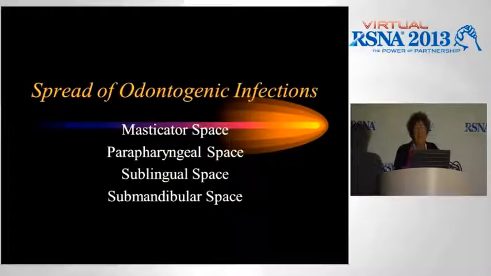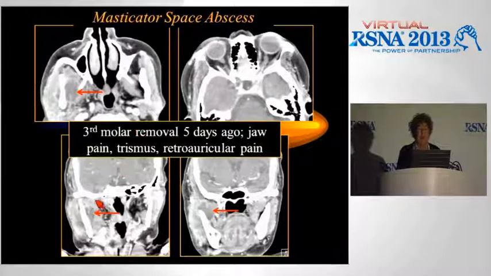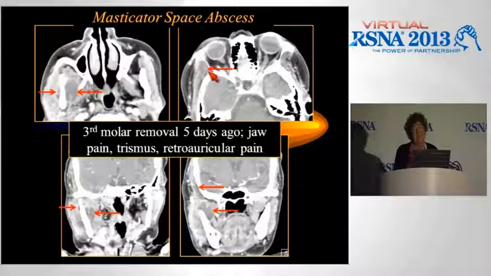and he underwent an emergent tracheostomy. Now, one comment about odontogenic infections, which are so common, they typically go to the masticator space, which makes sense, and we see this every day, and I'm sure you do too. Abscess in the lateral pterygoid muscle, abscess deep to the masseter muscle, but I put this in here to show you that the abscess in the